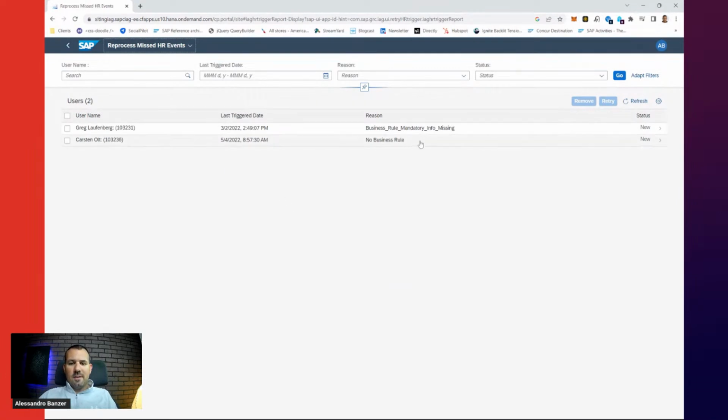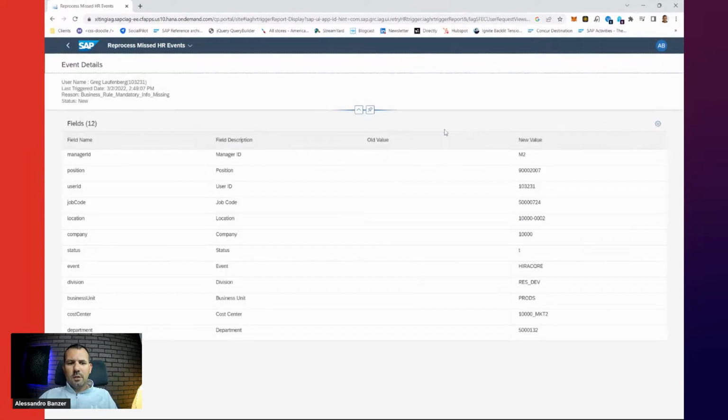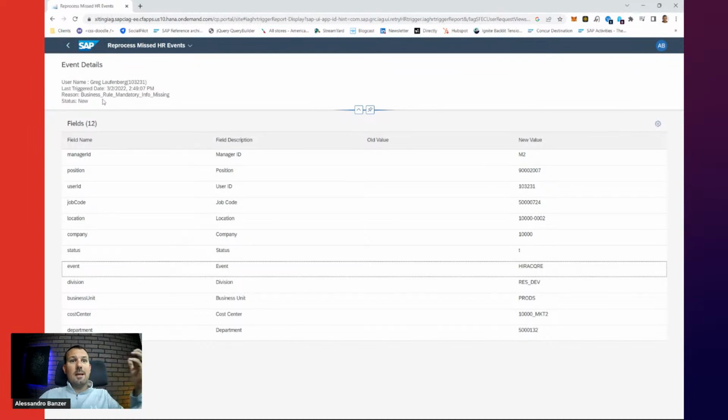And we see here we have some stuff that wasn't processed. There was a change in SuccessFactors, so we get the information from SuccessFactors. My business rules that I have defined, my logic, did not capture this because maybe it was a different event. This was like a hire, whatever that event is. I don't know. Usually it's like hire. This is a different event that I have not considered in my logic. That's why it comes up here as a missed HR event, because something was processed in HR, came over to the interface, but was unable to be processed. That's what I can see here as well.